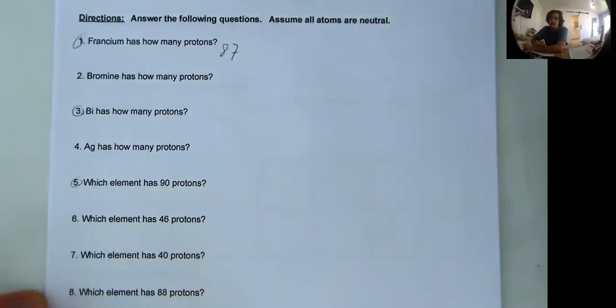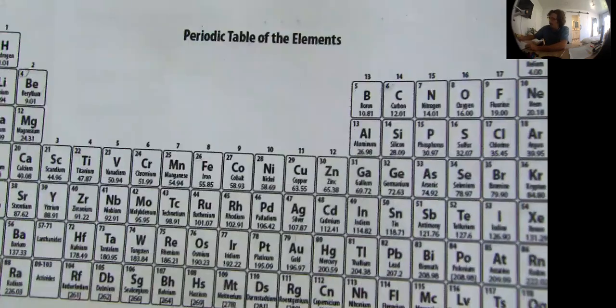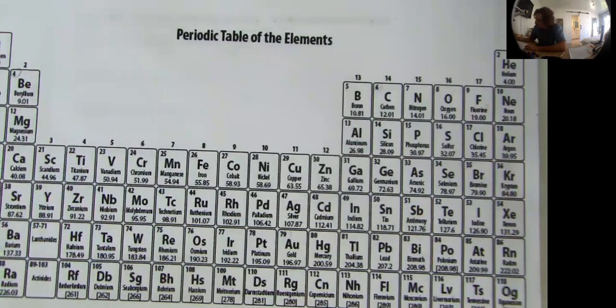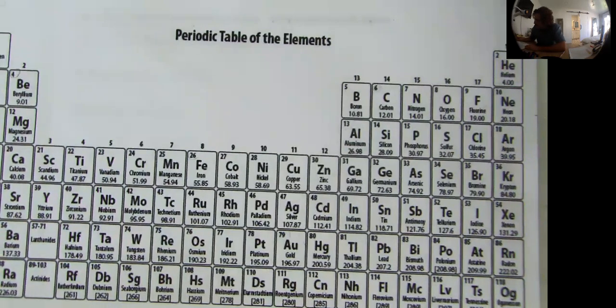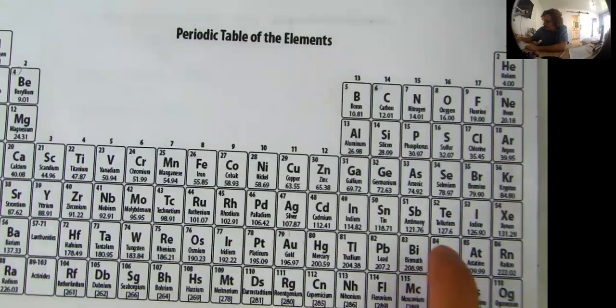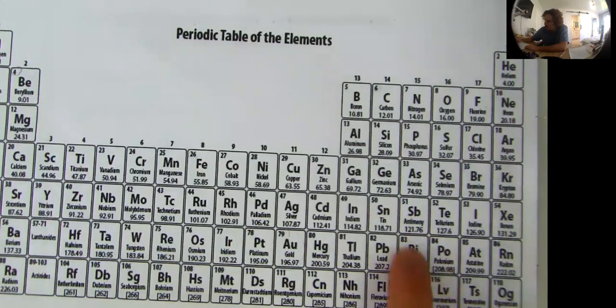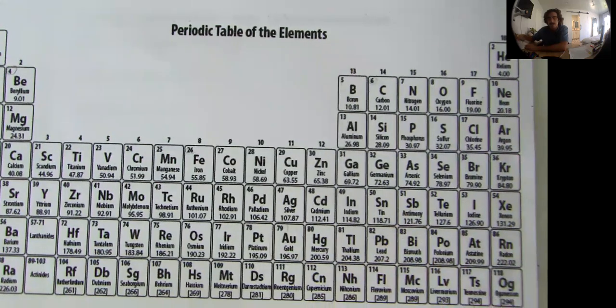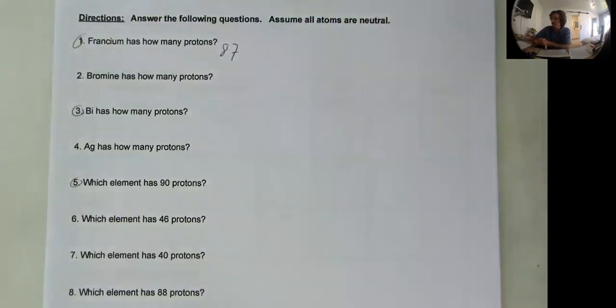Okay, number 3, Bi has how many protons? Well, this time it just gave you the element symbol. It didn't give you the element name. So now we're looking for Bi on the periodic table. Where is Bi? Can you find it? It's number 83. There it is. Bi, bismuth, number 83, meaning that the atomic number for bismuth is 83. That means that each bismuth atom has 83 protons in the nucleus of the atom. So the answer is